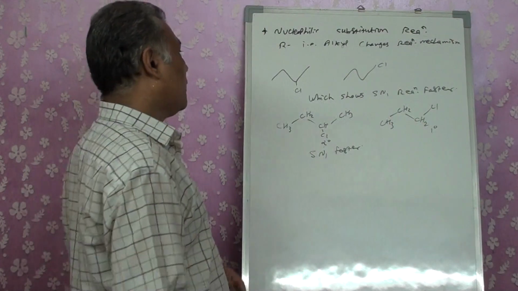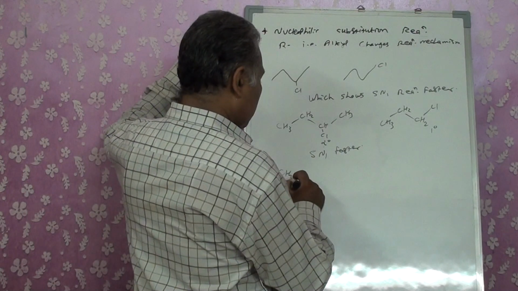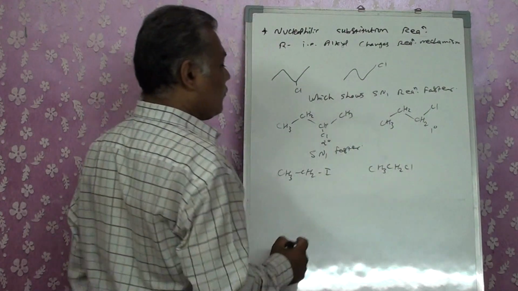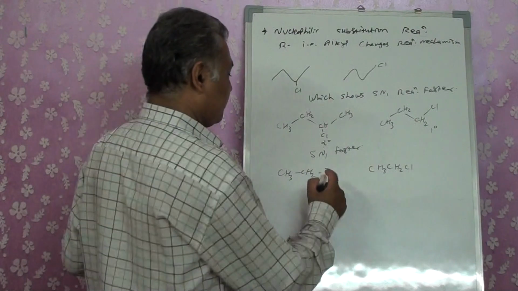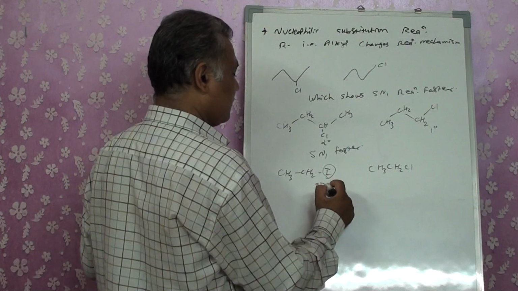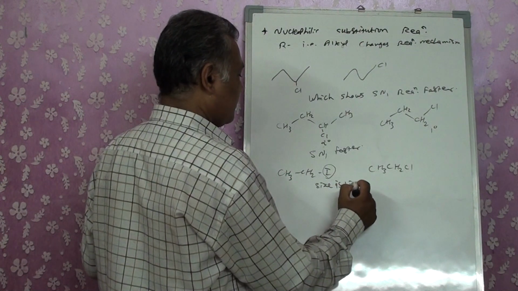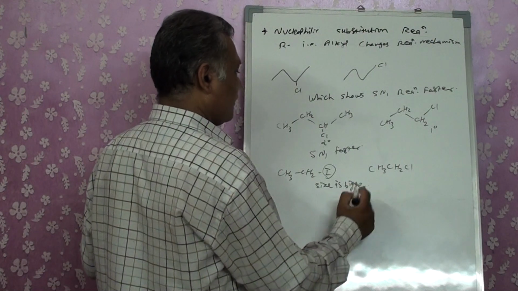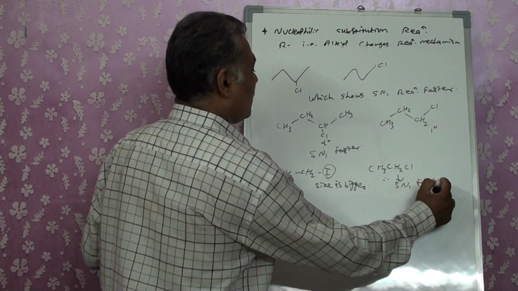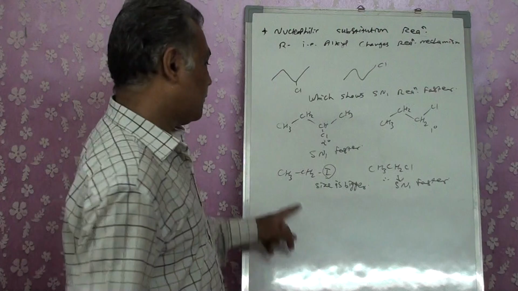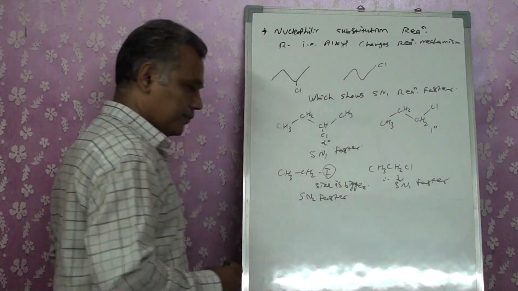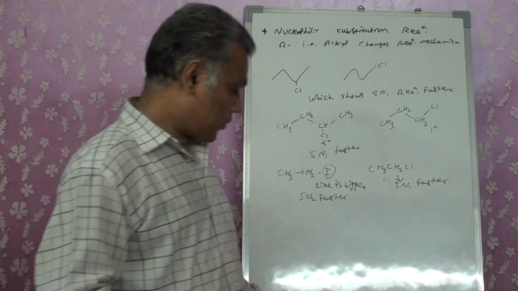Right? Okay. Now in place of that, I have the compounds CH3CH2I and CH3CH2Cl. Which one goes for SN1 faster? Again, the same question. Then what does it show? The size is bigger. Therefore, this one goes for SN1 faster. This one will go for SN2 faster. Right? So like that, our questions can be there.